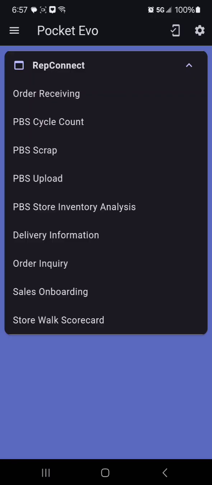Hello, Altman Plants. Today we're going to be talking about order receiving and how to see your delivery information in PocketEvo. So the first thing we're going to do is go into order receiving there at the top of our